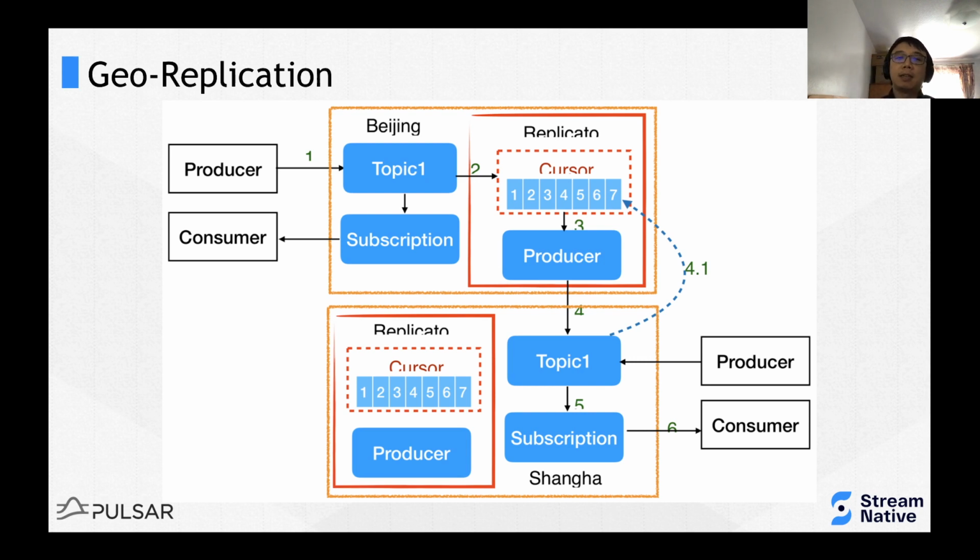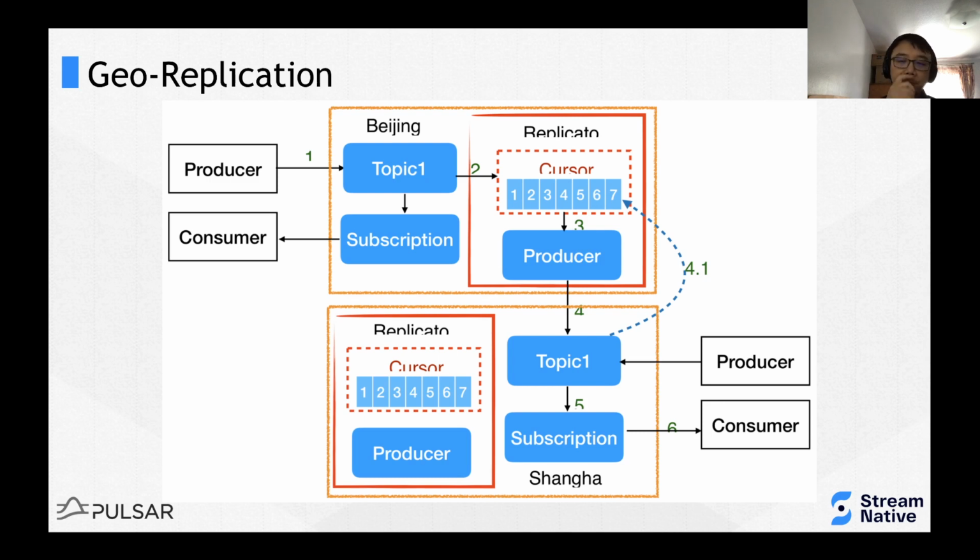And once the message has been replicated to the remote data center, it will acknowledge and move the cursor. So using the cursor approach, it ensures you will not lose any data during the replication, because all the replication state is tracked